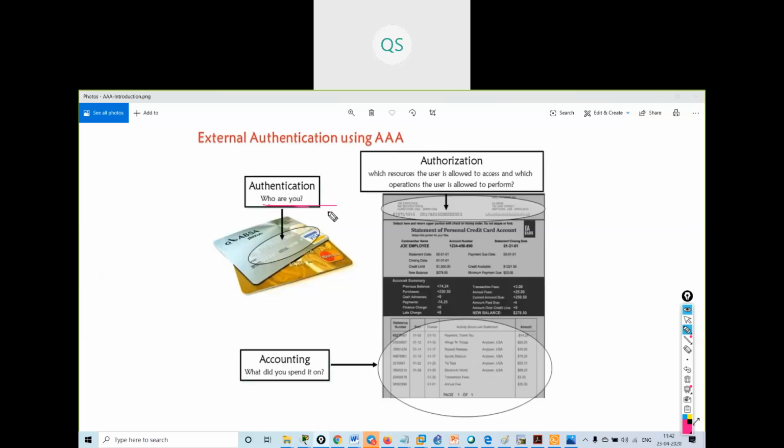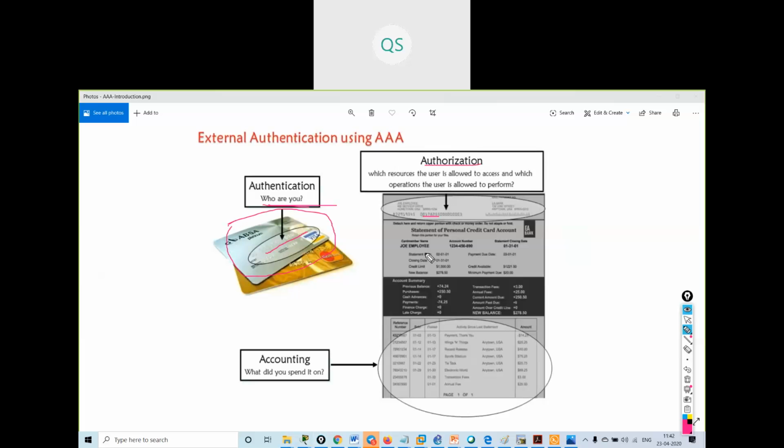In the example of a bank, when we go to the ATM and insert the card, it searches for the card number. Then the card number is linked with which account? That is known as authorization. So this card has an account linked.